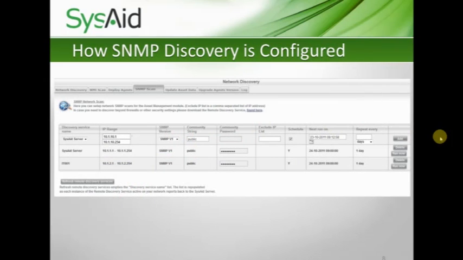Let's see how that's configured. If you go into SysAid under Asset Management, you have the Network Discovery page. It has several different tabs here. What we're looking at is the SNMP scan, and this allows us to configure the SNMP discovery. You can see I have two scans configured here. One is being configured to be performed from the SysAid server. This is the embedded discovery service on the SysAid server itself, and it scans the IP range of that local